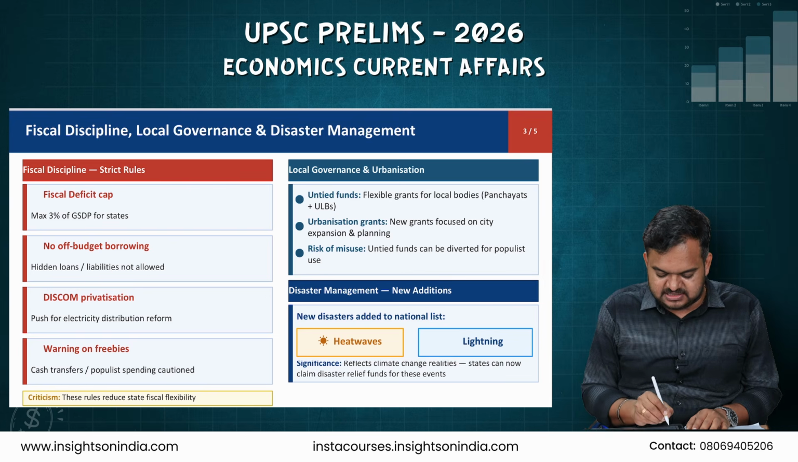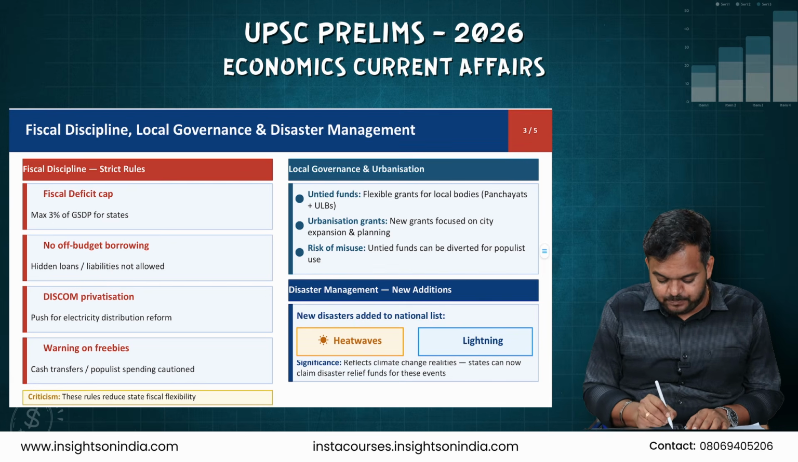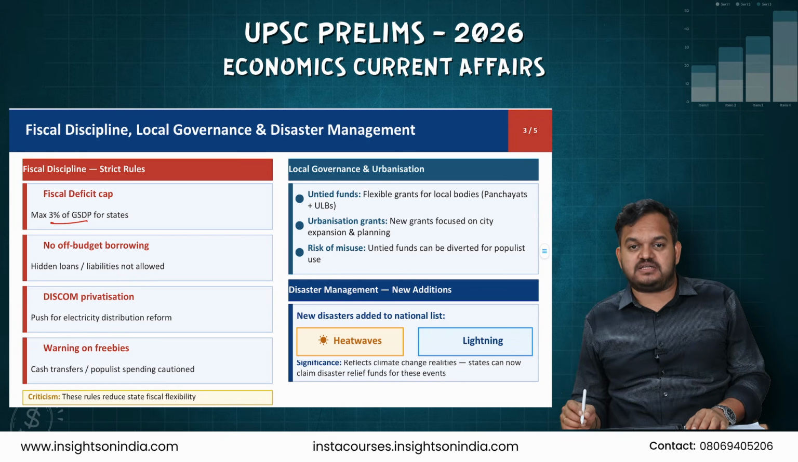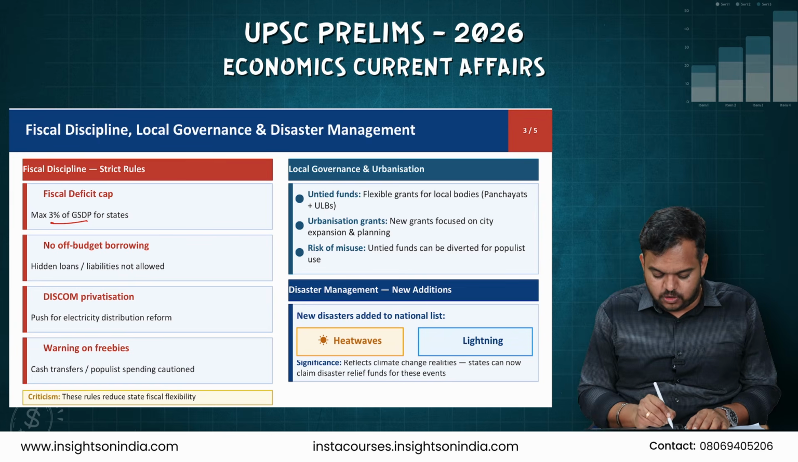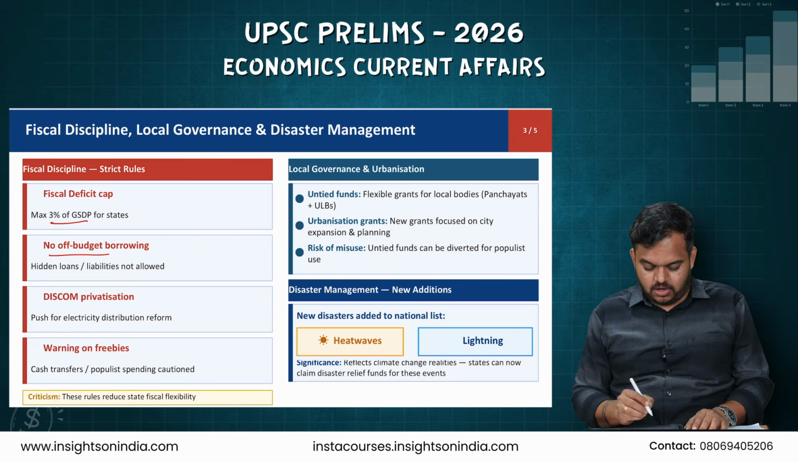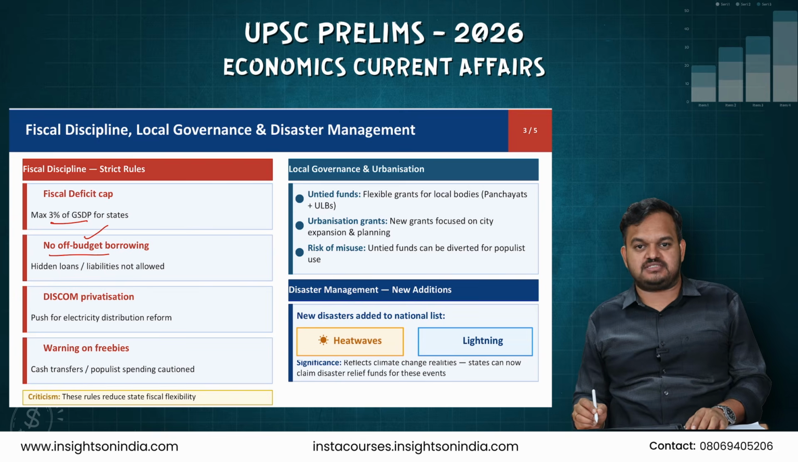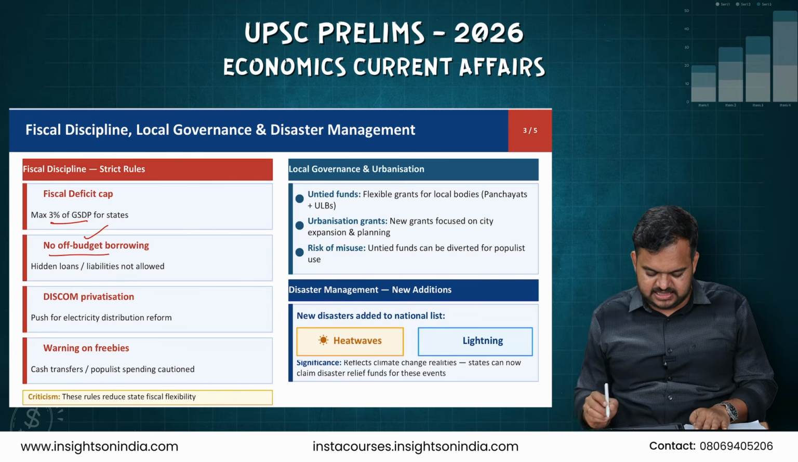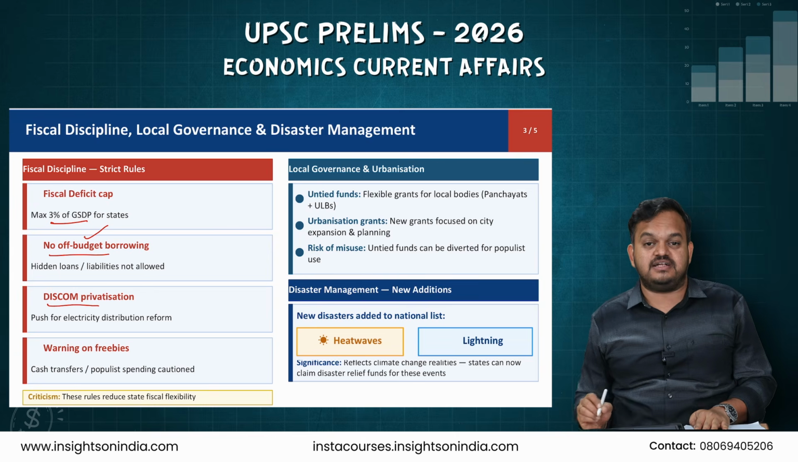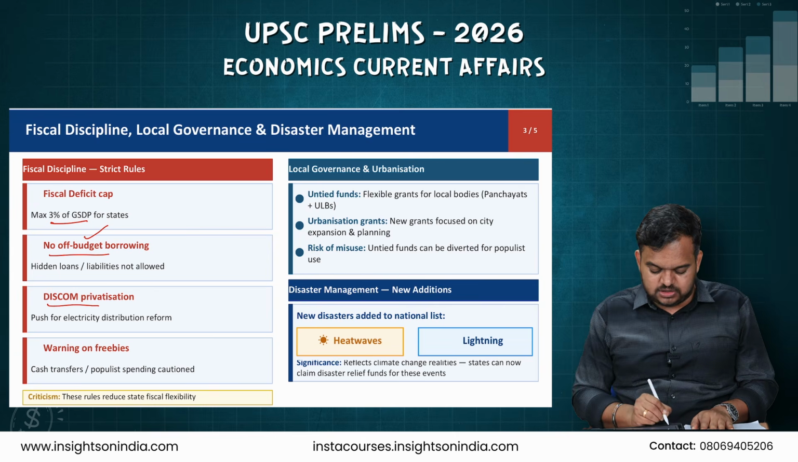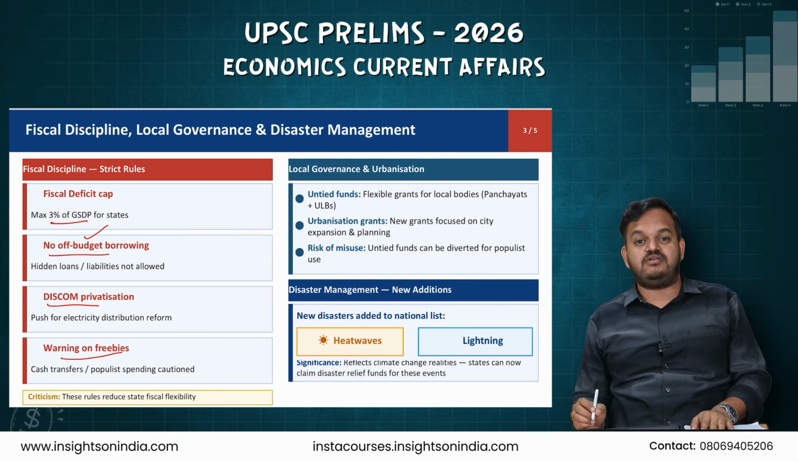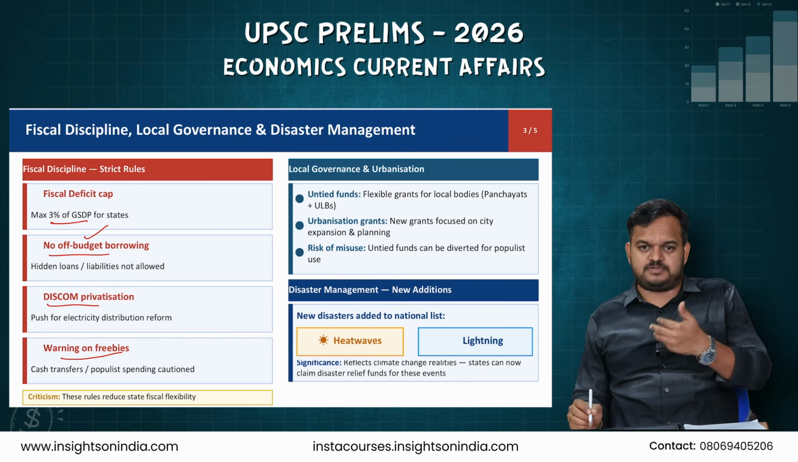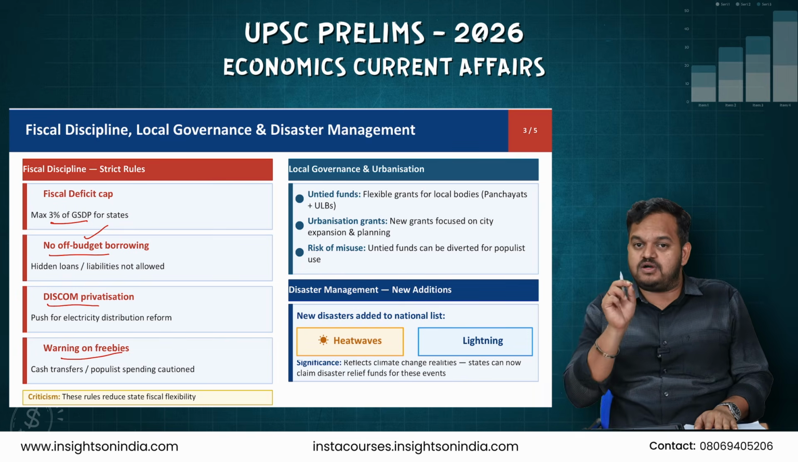It caps the fiscal deficit for the state governments at a maximum of 3% of GSDP. It also puts a brake on off-budget borrowings. It says no off-budget borrowings. It also suggests privatizing discoms. It also warns on the expenditure on freebies. Again, this can be for your mains. I don't think this has potential for your prelims examination. But what is important,